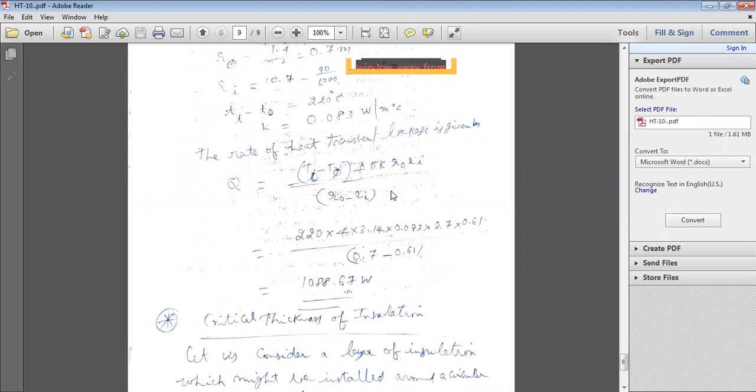We have solved one problem on the sphere. You can solve some simple problems on the sphere also from the textbooks. All of you practice all these four topics: heat transfer rate analysis through a composite wall by considering conduction, and heat transfer rate analysis through a composite wall by considering conduction as well as convection. If conduction and convection are combined, there is an overall heat transfer coefficient U. Q is equal to U A delta T overall.